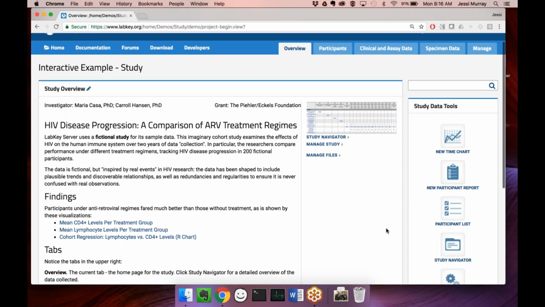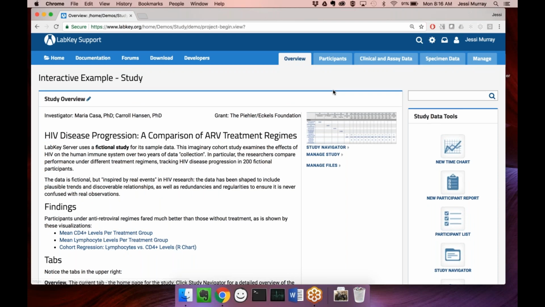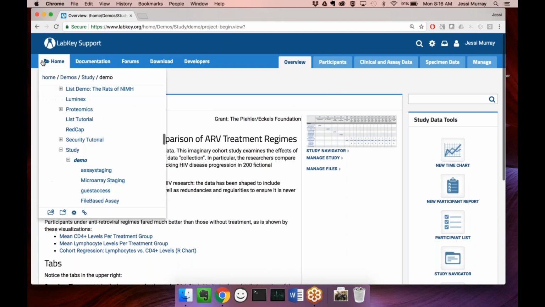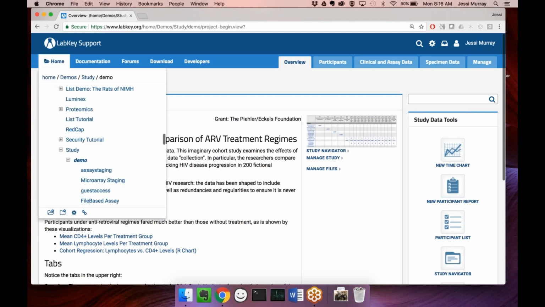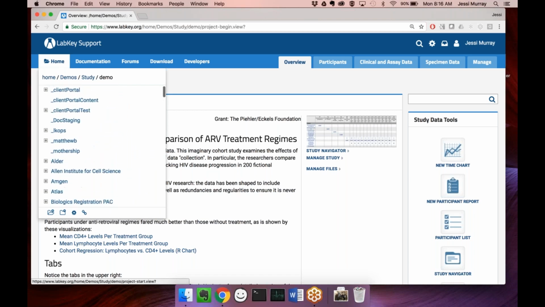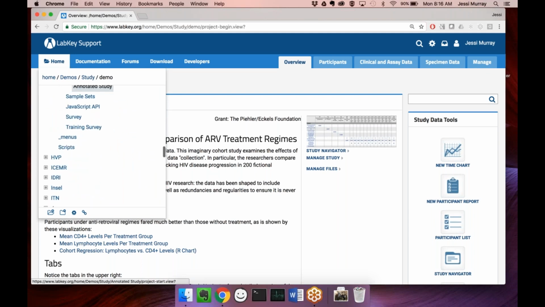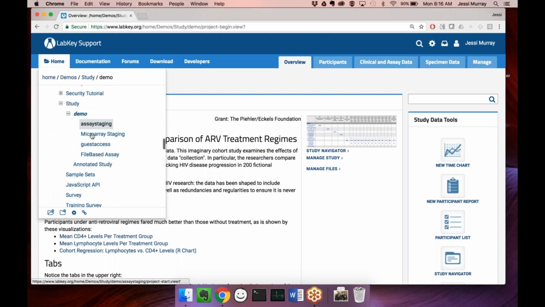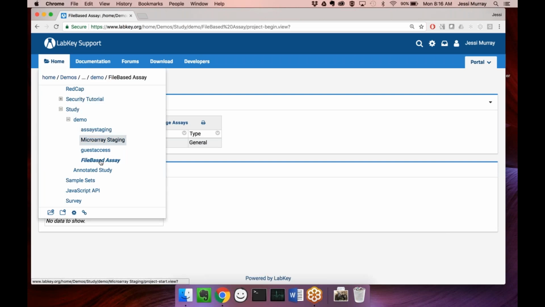So a few other things that I want to tell you. We've updated the navigation a bit. As you may have seen, this is now a single pane, a collapsible tree for your navigation. This automatically opens to the configuration where you are. If I went deeper into a folder,